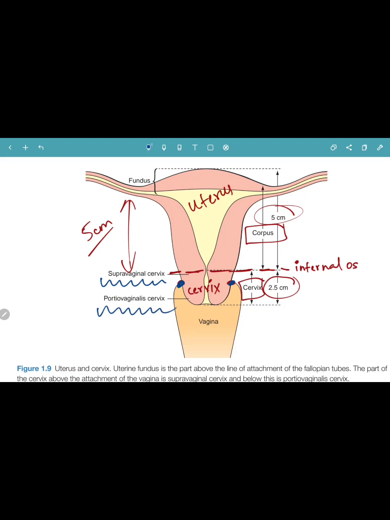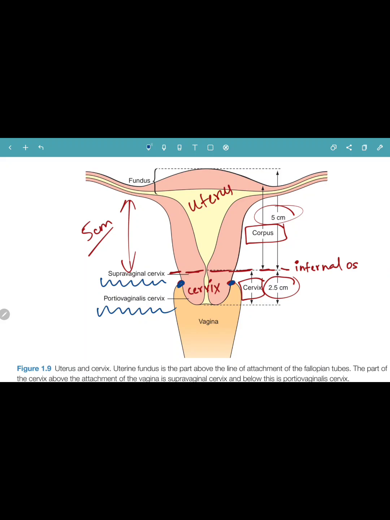Supravaginal means wherever the vagina attaches to the cervix, the region of cervix above that is the supravaginal cervix, whereas below the attachment of the vagina,